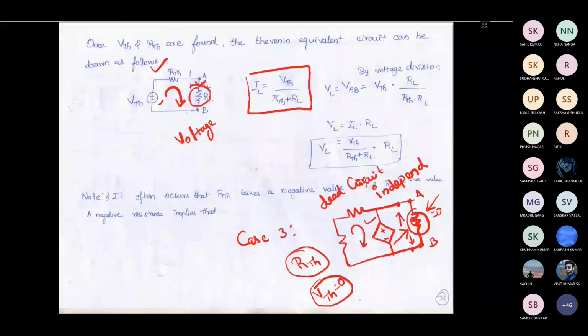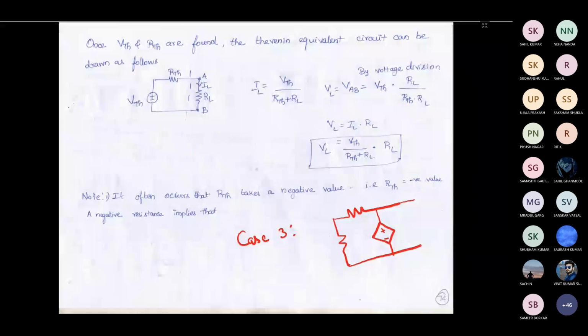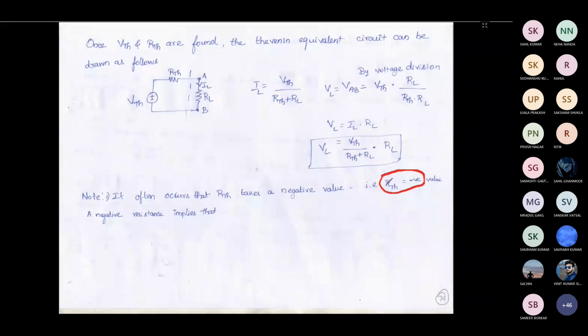Sometimes when you are finding RTH, it may come as a negative value. It means that you are taking the current in the opposite direction. But there is also a separate meaning for RTH being negative, where the resistance itself is negative. You always know that resistance is positive, in the sense that if you take a plot between V and I characteristics, then the slope...